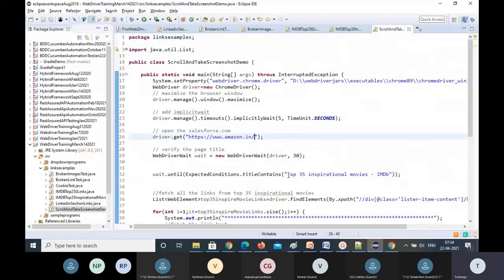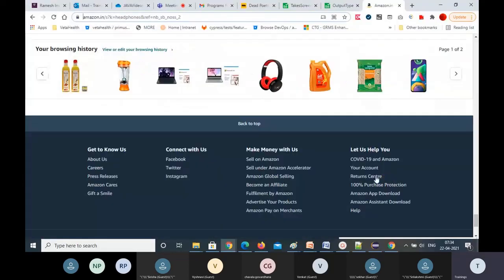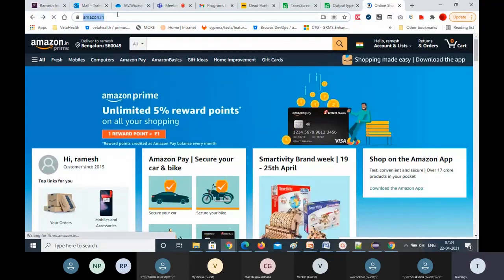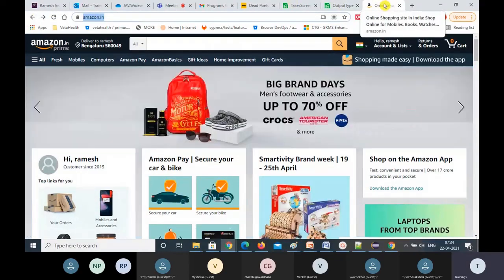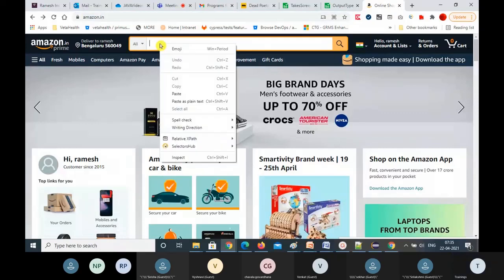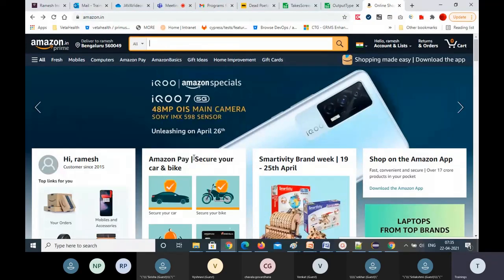For the URL you can give just Amazon. Amazon.in is there, right? First, without typing, Amazon.in online shopping, a very big title will be there. Otherwise, we'll get the page title from here.